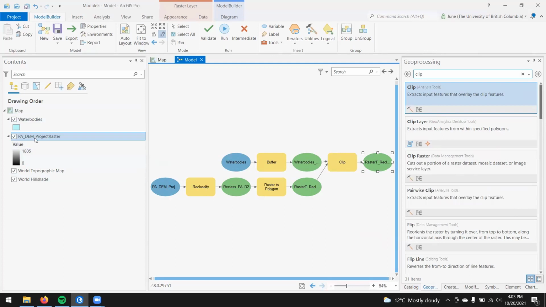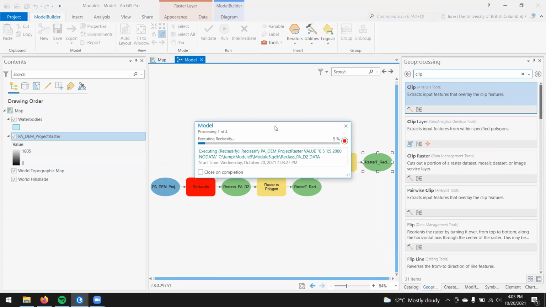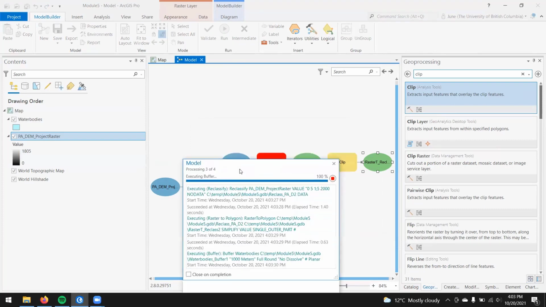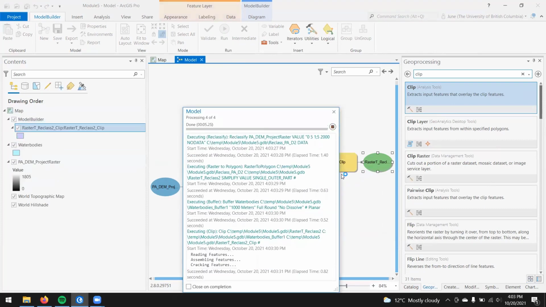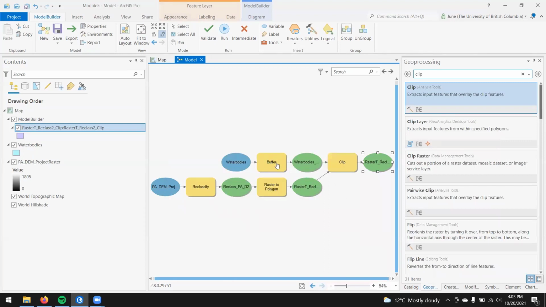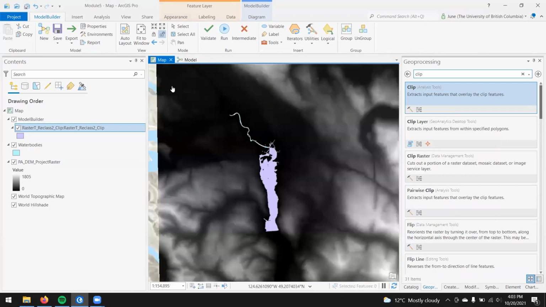Now, nothing comes up yet because we haven't run the model. But when you click run, the model will run through all of the processes, and it will highlight in red as it goes through. It'll tell you when it's done. It'll tell you how long it took. So it took 5 seconds to create this. So you can see how much more efficient this is than doing step-by-step